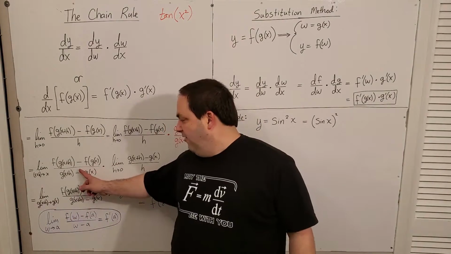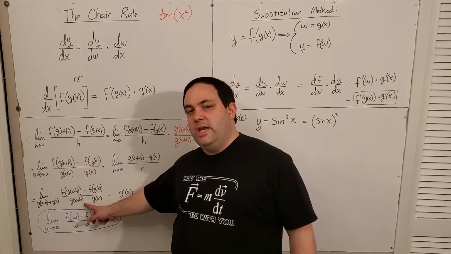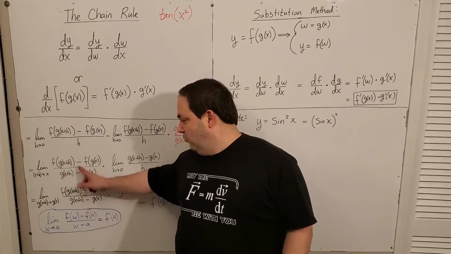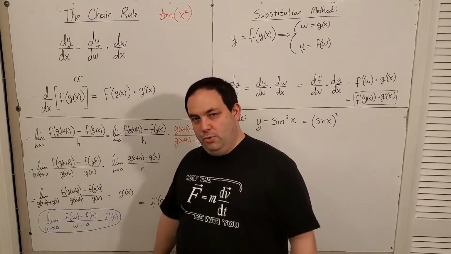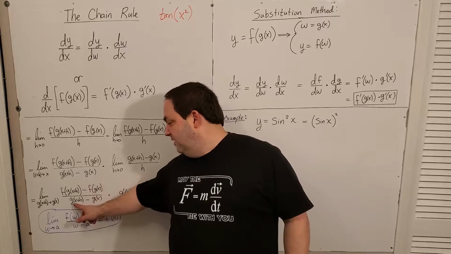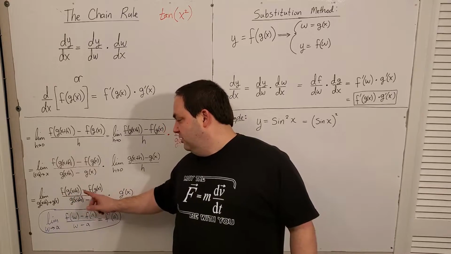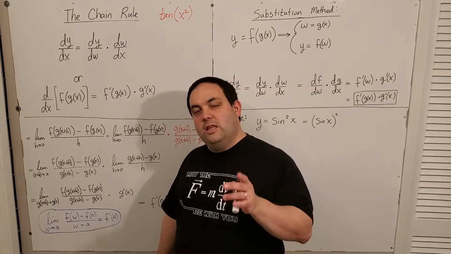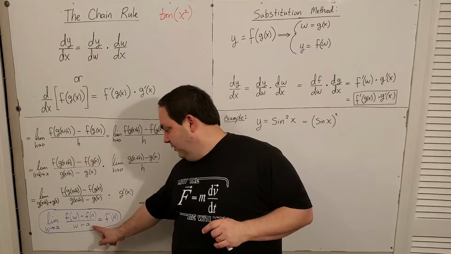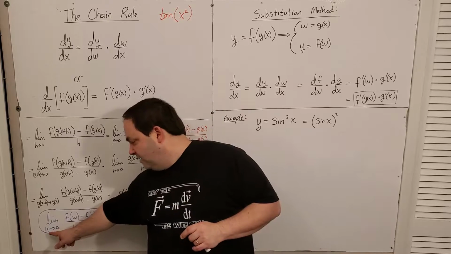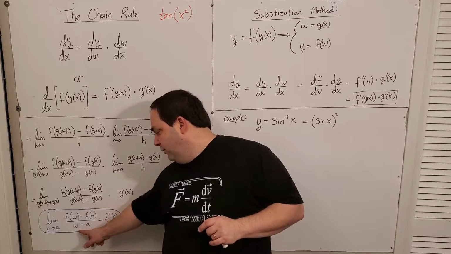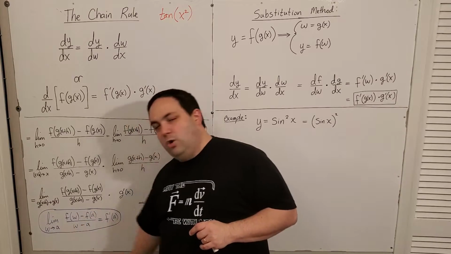You'll notice I've been copying this here to here. I haven't changed anything in the actual build here because it's already done. This is already a derivative, and I'm trying to help you realize which derivative it is. Look at the way they have the subtraction at the bottom, and then I have the f functions at the top. It looks a lot like that other version of the derivative definition, this thing right here, but instead of x, I'm using w. So f of w minus f of a over w minus a, as w goes to a,